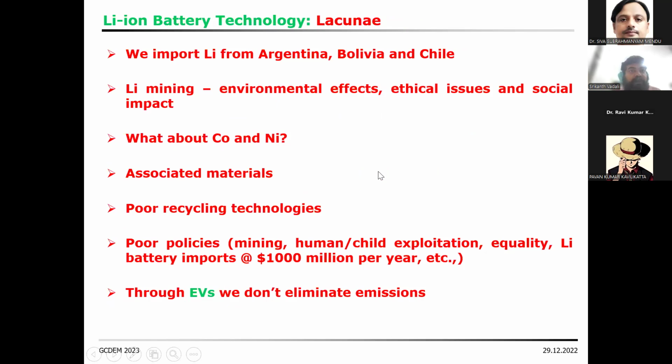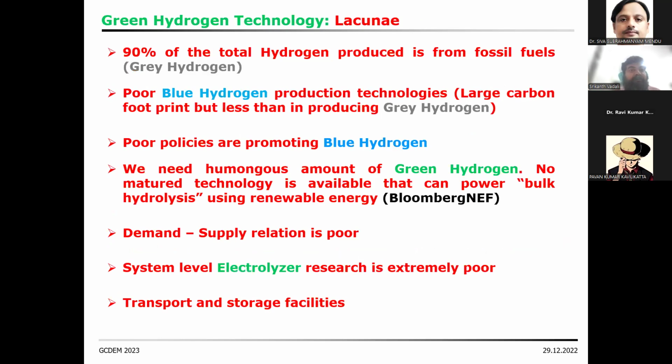Okay. This is with regards to the lithium battery tech. Now let's see the third example, which probably many of you have encountered: green hydrogen technology. This basically comes under the transportation. But I'm pretty sure many of you know we have been producing hydrogen for such a long time from fossil fuels. Okay, 90% even now throughout the world of the hydrogen is produced from fossil fuels.